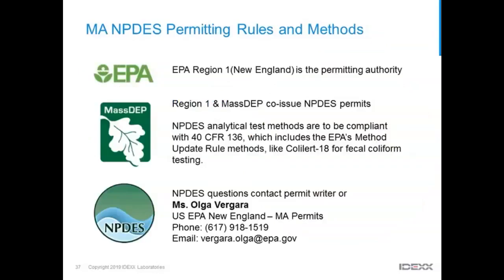So wastewater effluent monitoring is enforced through the National Pollutant Discharge Elimination System Permit Program, which is referenced as NPDES for short. In Massachusetts, currently the U.S. EPA Region 1 is the permitting authority, but NPDES permits are usually issued by both Region 1 and the Massachusetts Department of Environmental Protection. NPDES permits regulate wastewater discharges by limiting the amount of pollutants that are allowed to be released, which these limits are based on and must be compliant with the Massachusetts Surface Water Quality Standards and federal